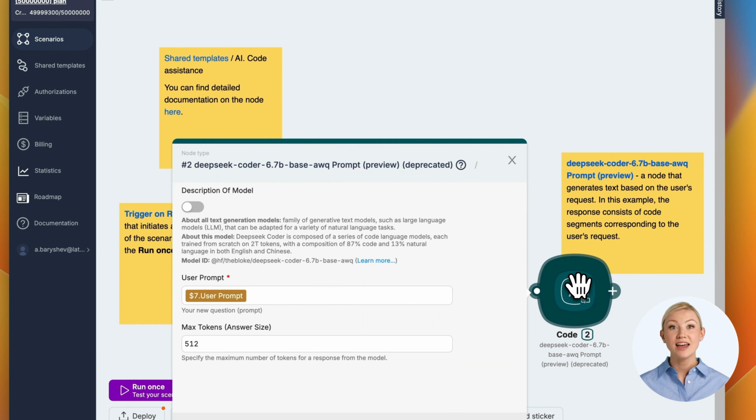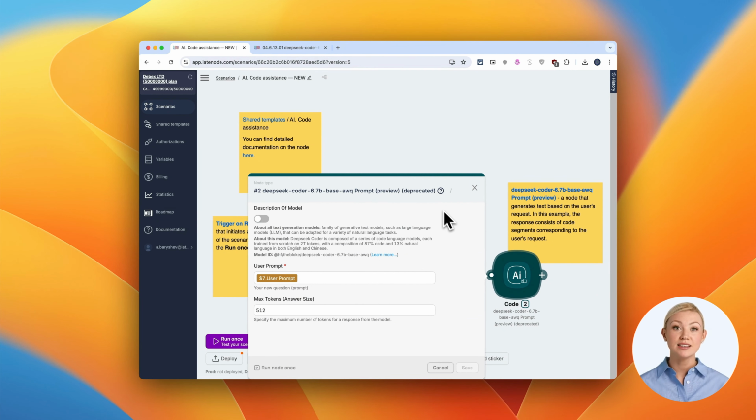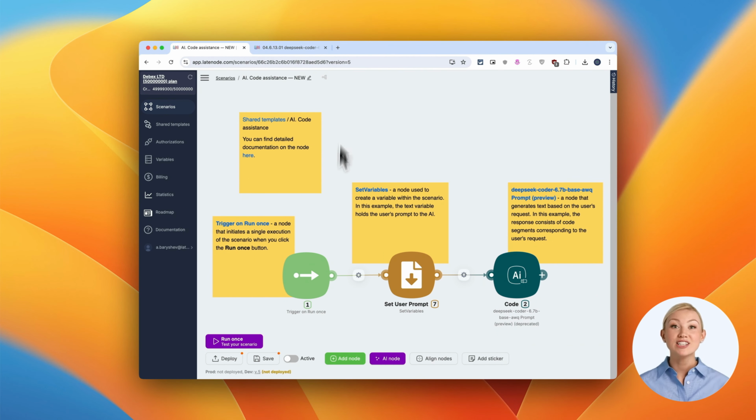The final node is our AI powerhouse, the deepseek-coder 6.7B base. This model is specifically trained on vast amounts of code and can generate helpful responses to programming queries. When we run this scenario, the AI processes our prompt and generates a code snippet for creating a basic neural network with TensorFlow. It provides a complete runnable example, from importing libraries to defining the network architecture, compiling, training, and